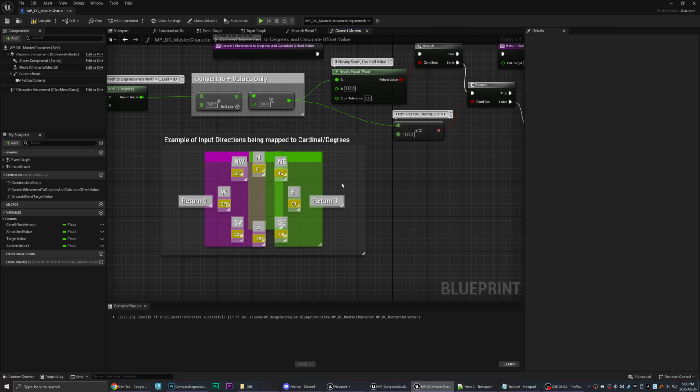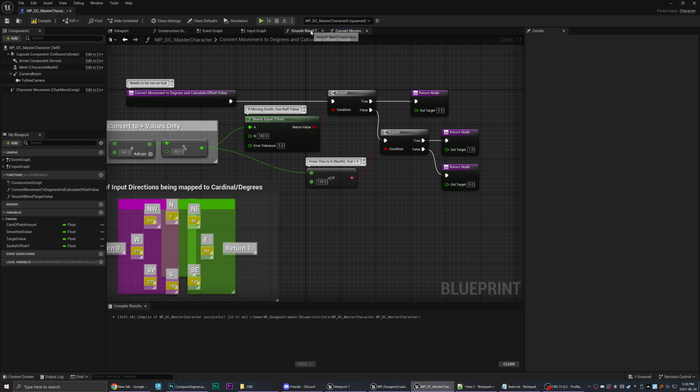And in all other cases, it means it's going to be between 136 and 359.9. Then we're going to return a value of 0. So once we've done that, that'll actually give us the correct values that we want.